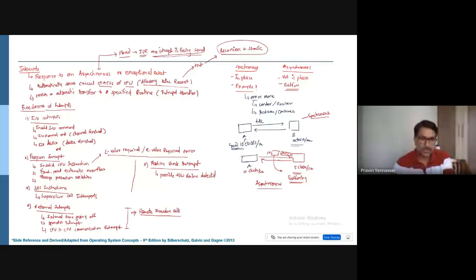In short, what is important here is that we have understood maskable and non-maskable interrupts, and we have understood that the OS is interrupt driven. So if this is the case, then interrupts are broadly classified into